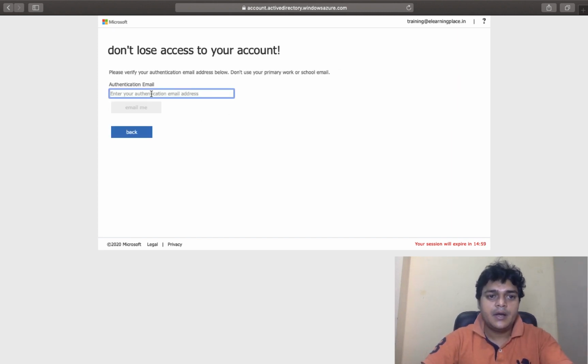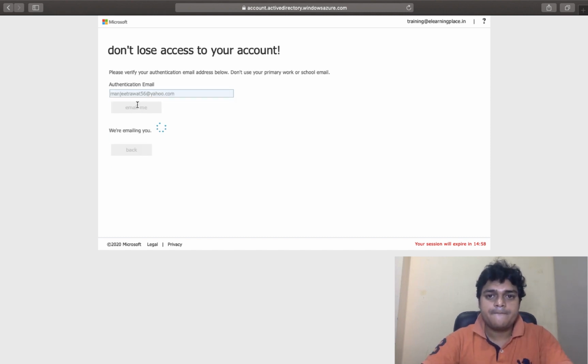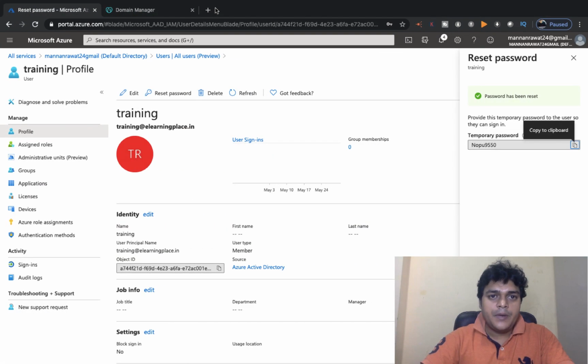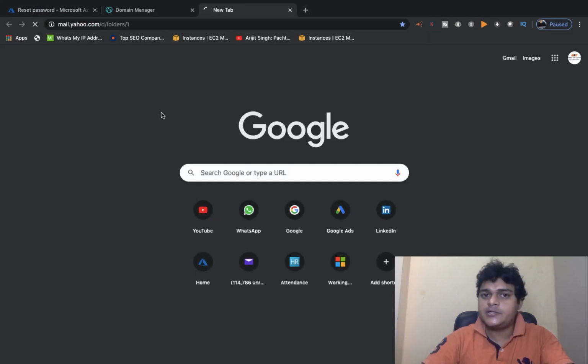Just set it up and type your mail ID. This is manjet56 at yahoo.com. This is my Yahoo mail, and click email me. And open your mail ID in a different browser and you will get one message from Microsoft.